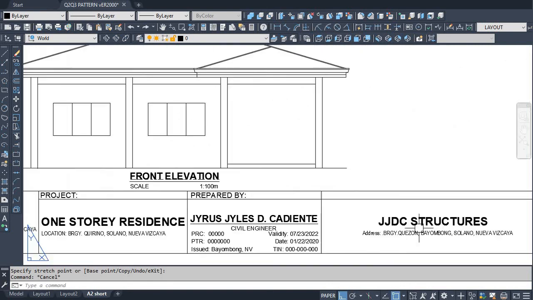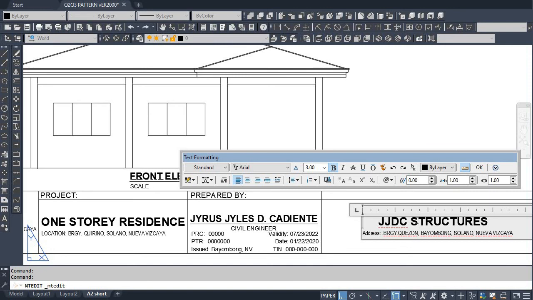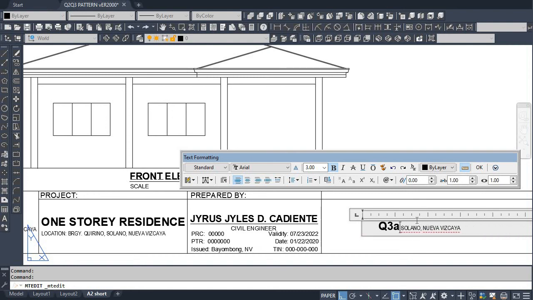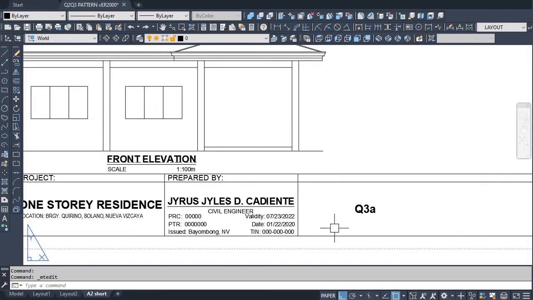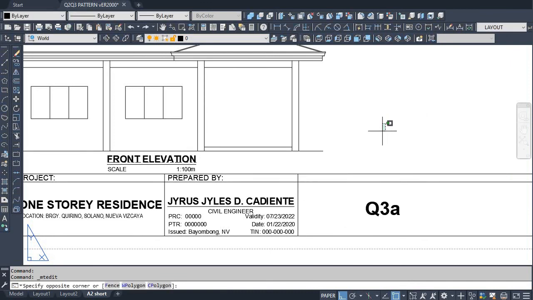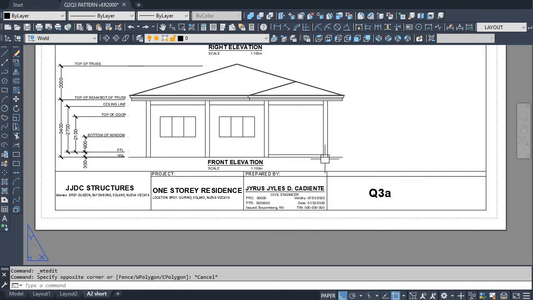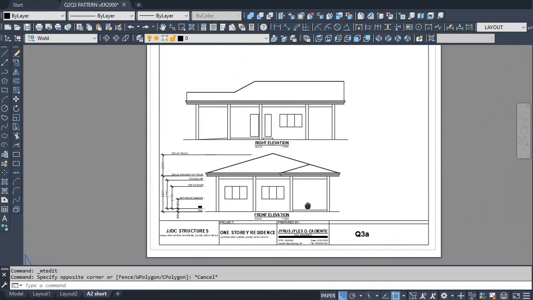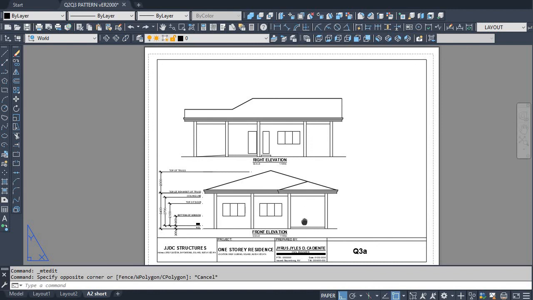Next is, dito, maglagay ako ng Q3A. Okay? So, ganyan lang kasimple. Maglagay ka ng malaking Q3A. Let's say, 5 mm. Okay, ang mga checkan ko sa Q3A, unang-una, dapat